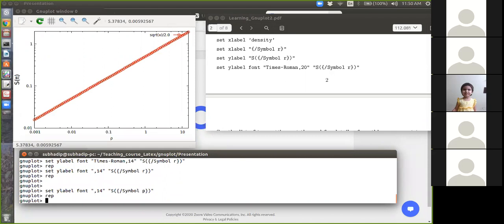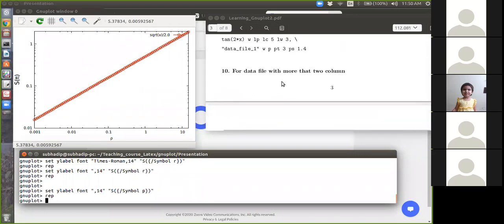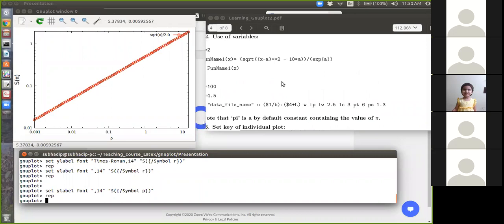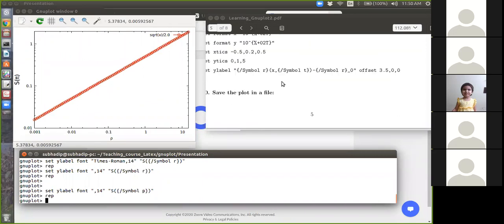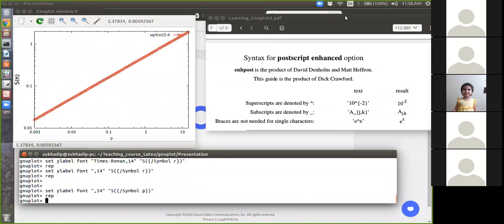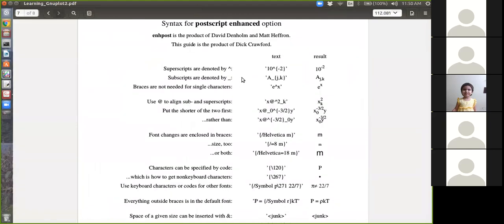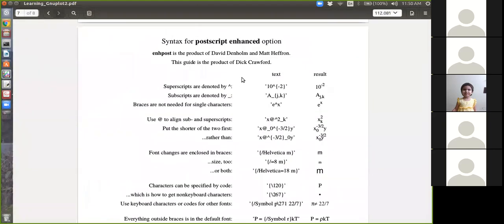You can see S function of pi. It is meaningless, but still you can write. Okay. So there is a list of these things at the end of this PDF. I found it on the internet. So up to 6 I have typed. I made this note, but I'll show you. So at the end, the last 2 pages. So there are many things you can write as an X label, Y label, wherever you want to type something as text.